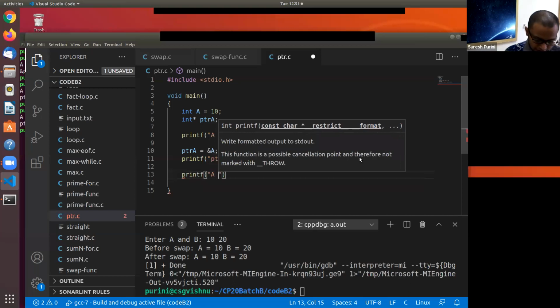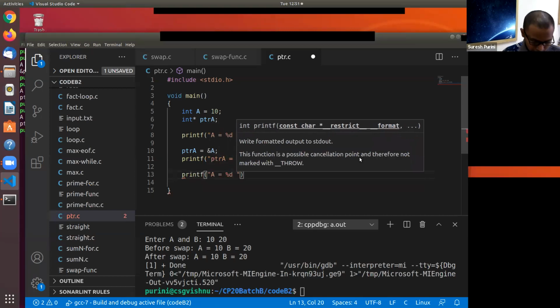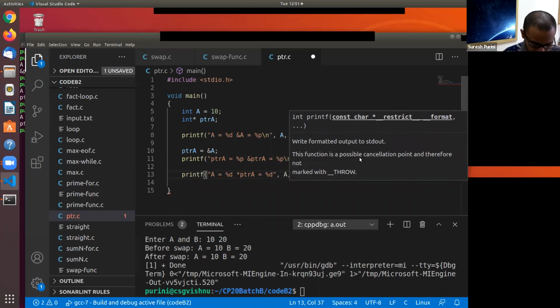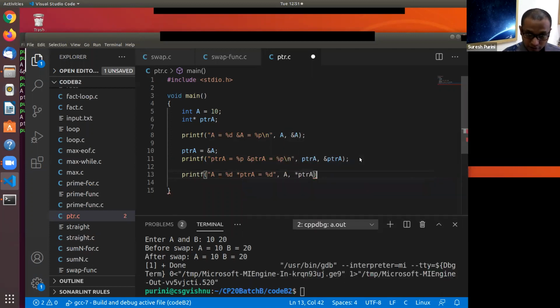So finally we will say printf a is equal to %d, star ptr a is equal to %d, a, star ptr a. Okay, this is what we have.